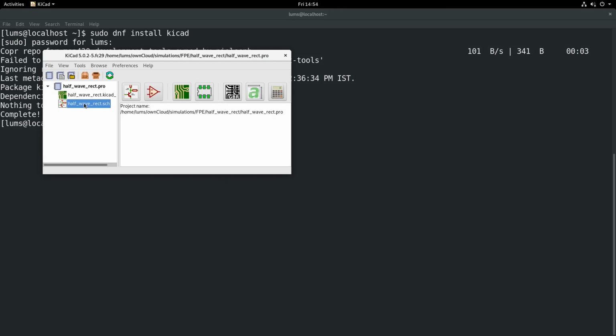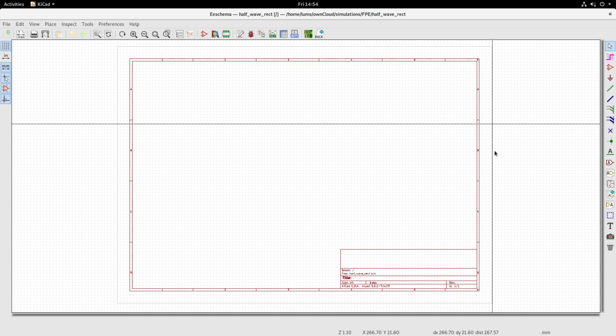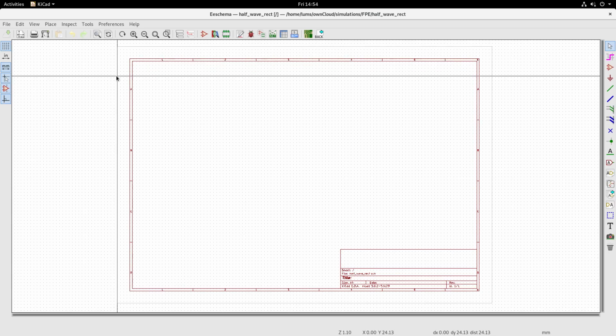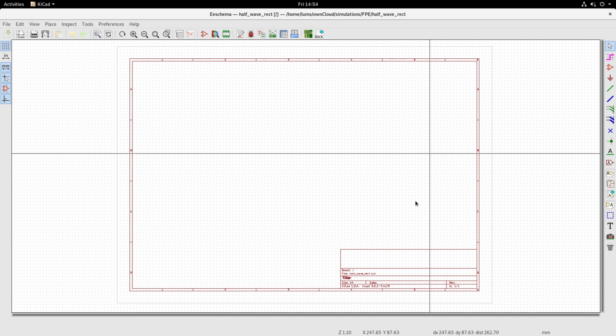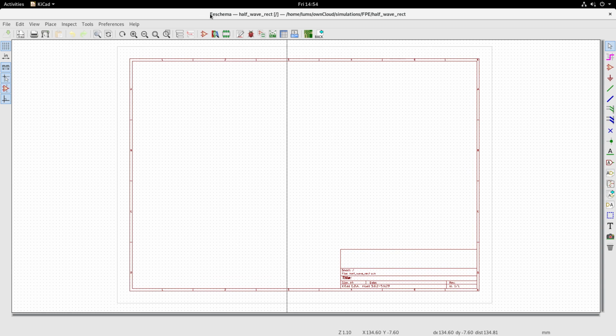So here when you double click on the schematic, you get a schematic sheet, and this is the page on which you can draw your circuit. On the top you see eeschema, half wave rectifier. This is what we created, and it also gives the path where it is located, and inside this FPE directory you have a half wave rectifier directory.